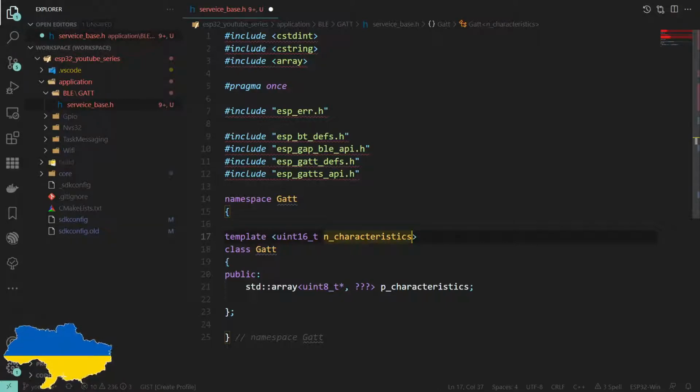Now there is a caveat on this. In the table, when you read the documentation for the IDF, a characteristic uses 2 rows of a predefined table. However, a notification, which is a slightly different mechanism but very similar in BLE world, actually uses 3 rows of that table. So our table is going to be a different size depending on how many characteristics we have and how many notifications we have.